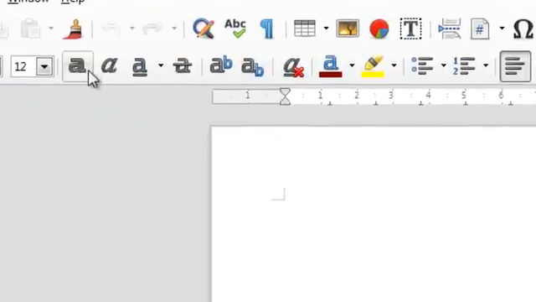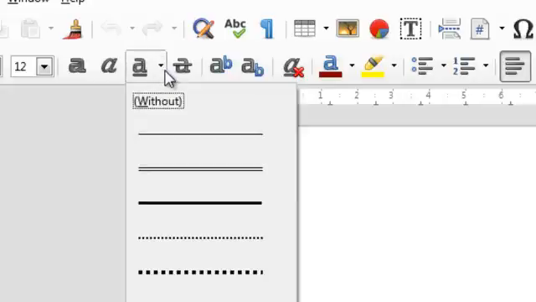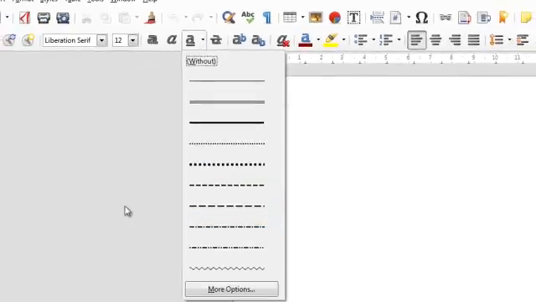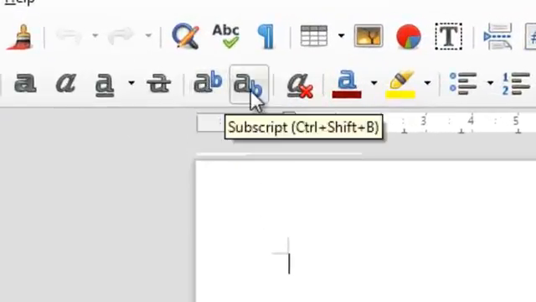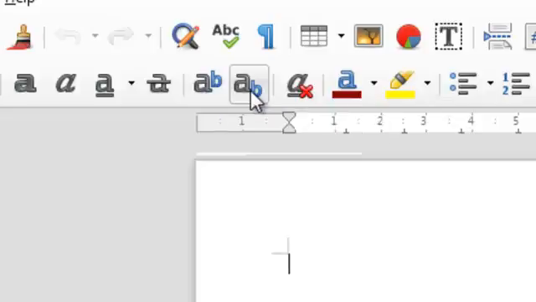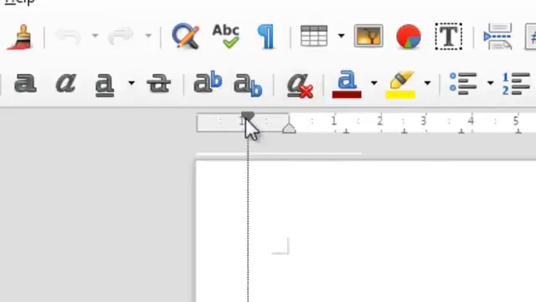These characters here are basically bold, italic, underlined, strikethrough. The underline here, you actually have a choice of lines, which can be very handy. If you want to put a wavy line under something, you can do it in this particular bit. I haven't actually seen that function in Microsoft in that format. It is there, but it's not in the same format. Strike through. Then there's superscript and also subscript, where you can make little footnotes on whatever you're doing. And clear direct formatting. Now if you formatted a particular page, I'll just lose